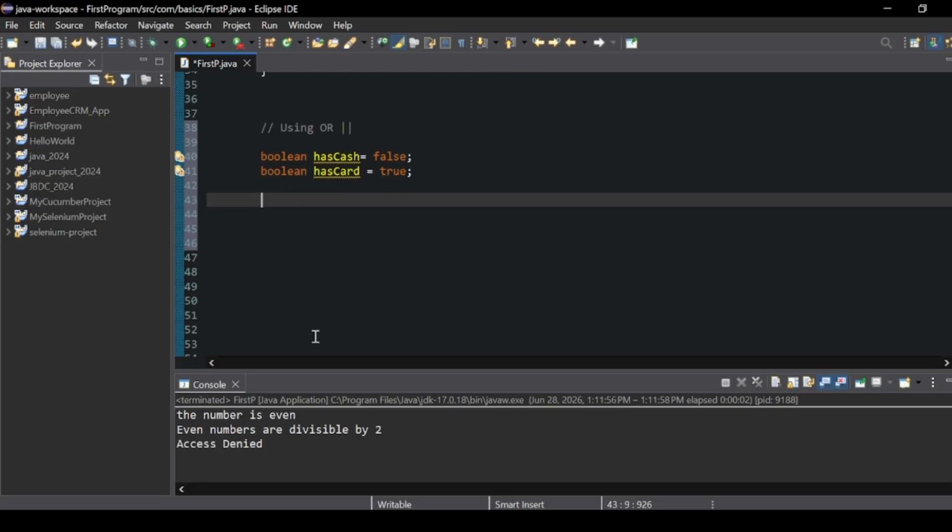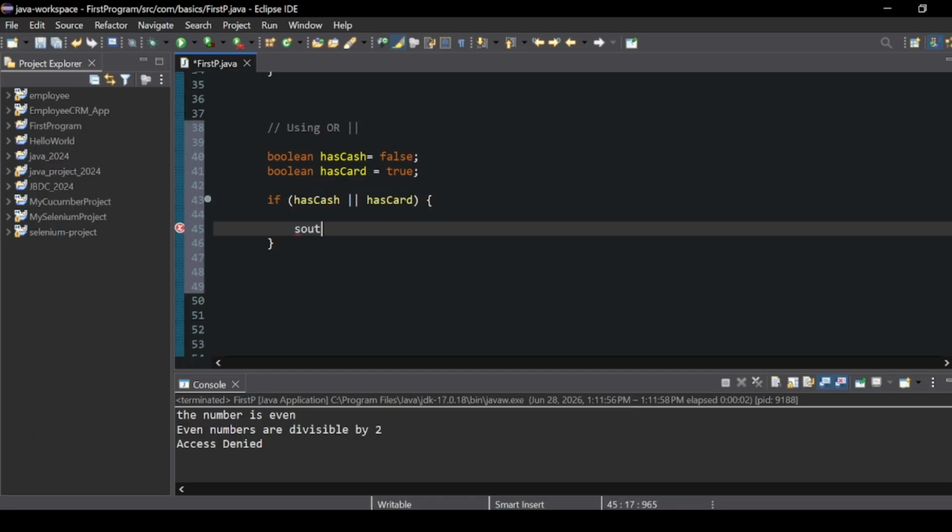Now let's write our statement. If the parentheses, inside the parentheses we write our condition. I say hasCash or hasCard. If the person has either cash or card,